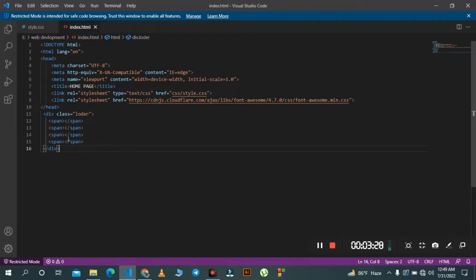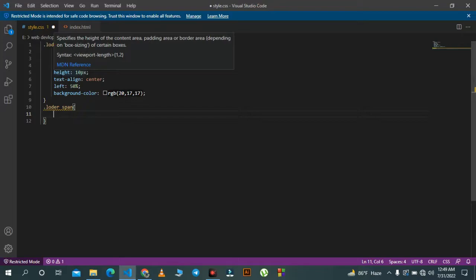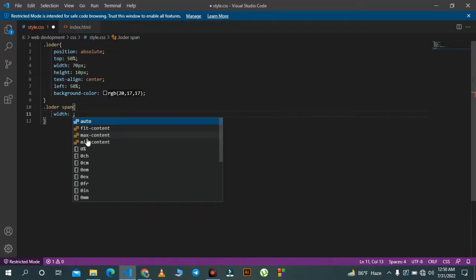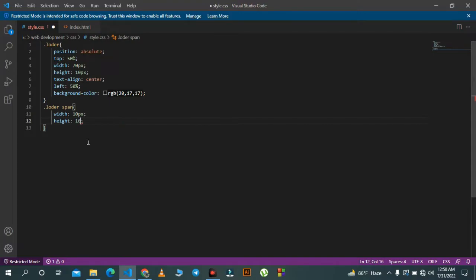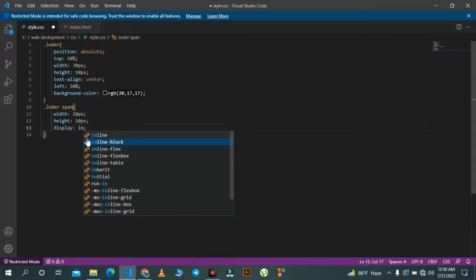So now we'll work with those spans. Dot loader span has width 10 pixel, height 10 pixel, display inline block,